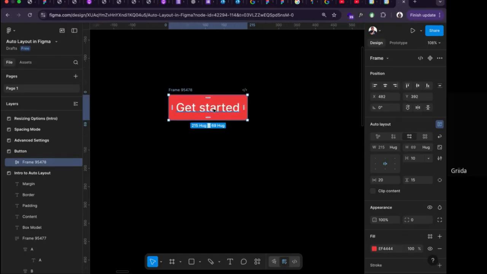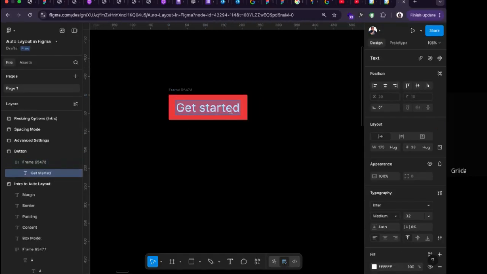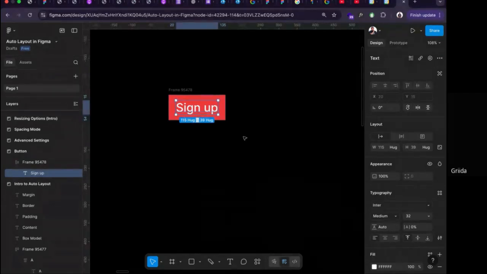Now, see what happens. If I just say sign up, you can see how the button is respecting the space I gave it and just following that same setting. So it's still going to be the same setting, 20, 15, 15. You can say 20, 20, 15, 15. So it's going to keep that setting. So no matter what you decide,